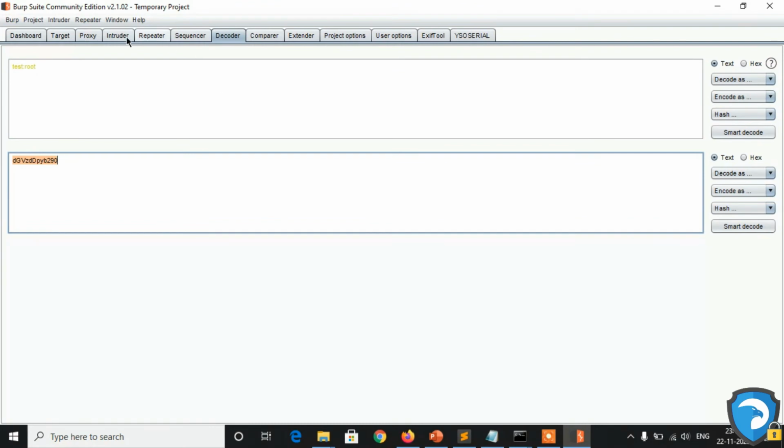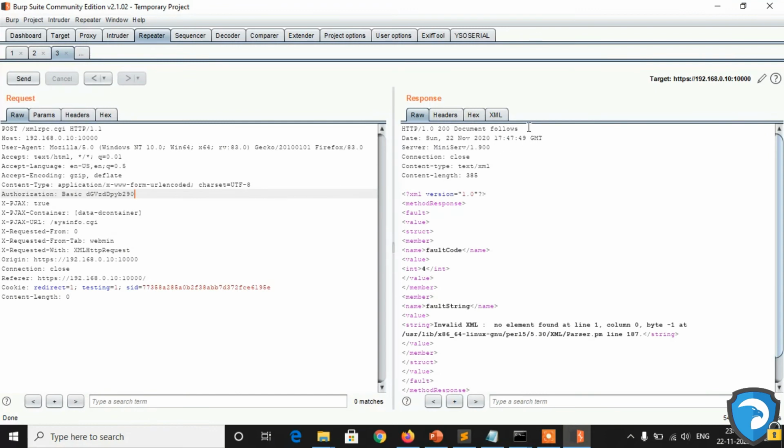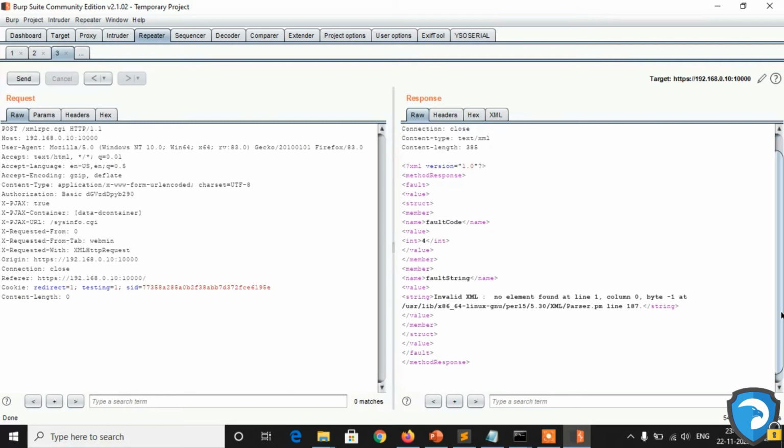This is the encoded value, and I am passing it over here and sending it again. As you can see, we got a 200 OK response with an XML error: invalid element found at line number 1. This is the XML error.